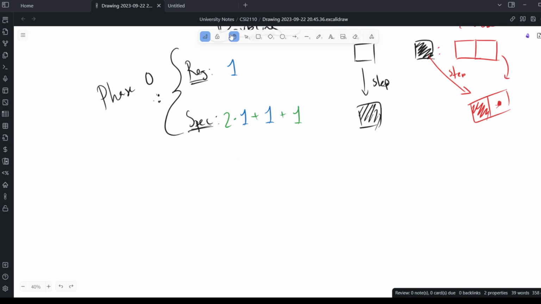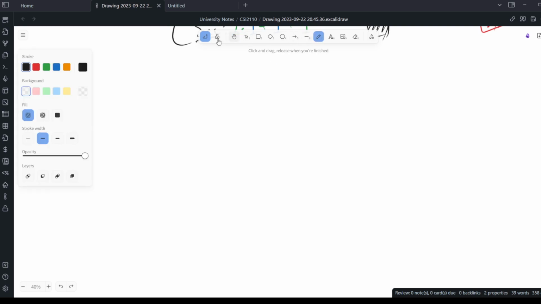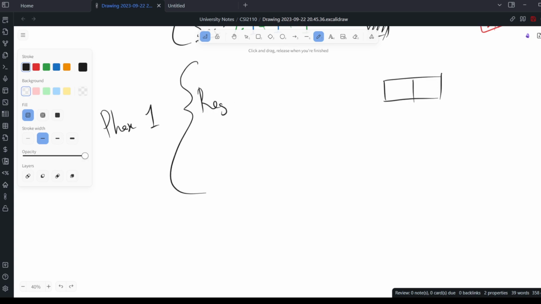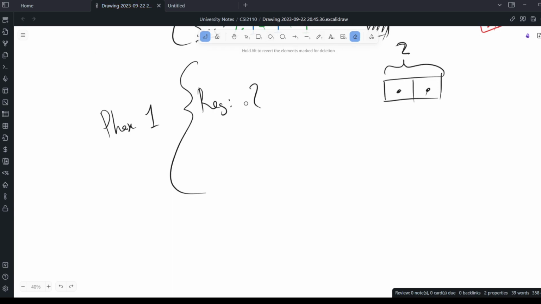So now we're at phase 1. Now that we doubled the array, we now have an array of size 2. I won't be redrawing the thing each time, but just for visualization, that's there. We can see that we're gonna have 2 regular pushes here, same as the length of the array. And then when I do the special push again,